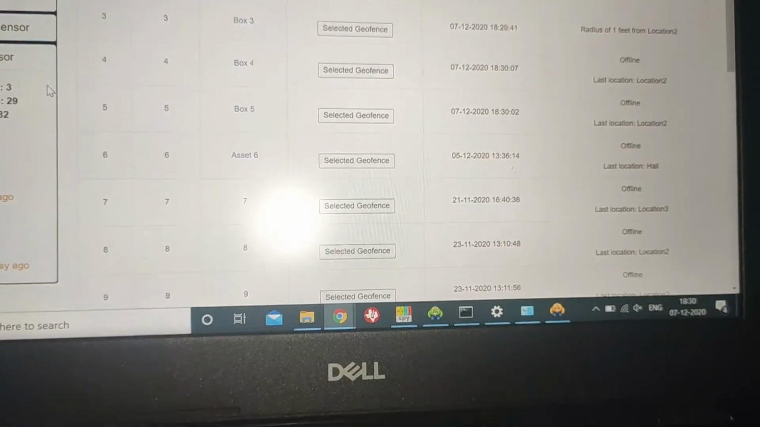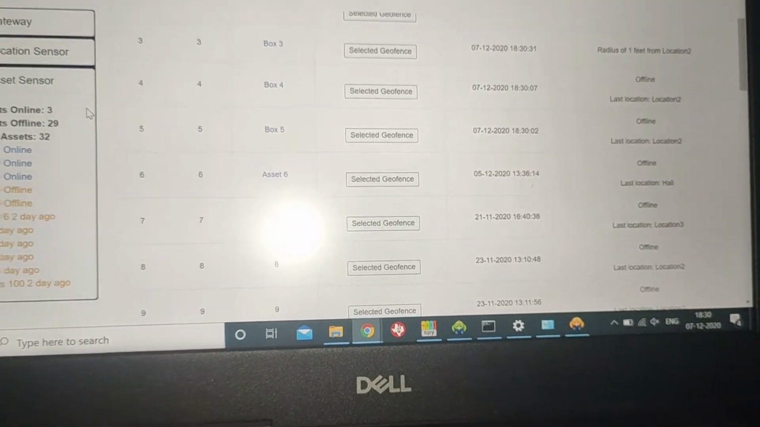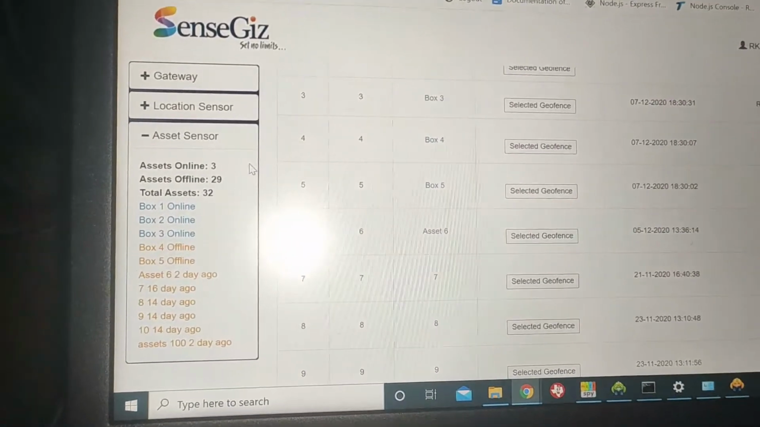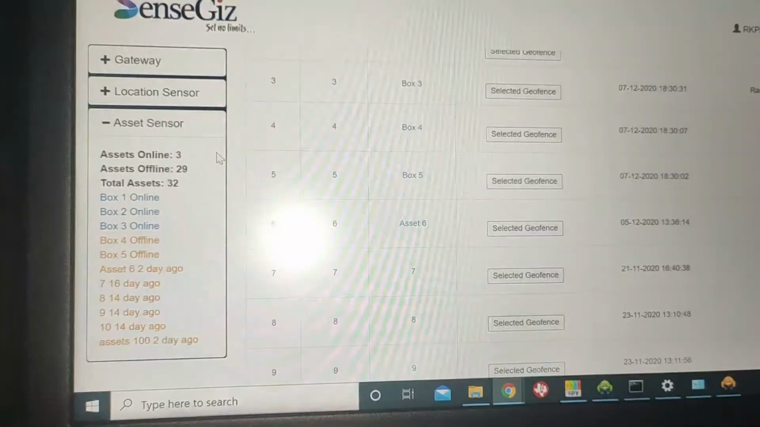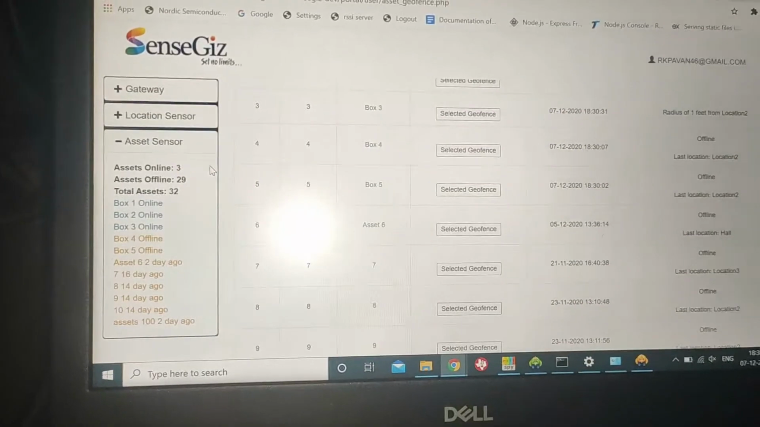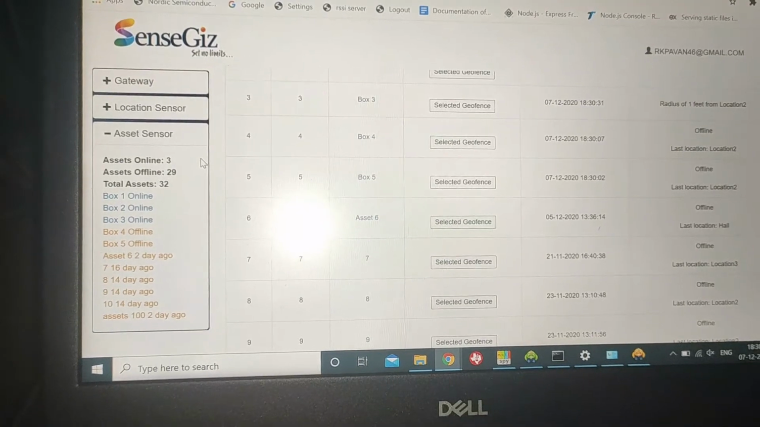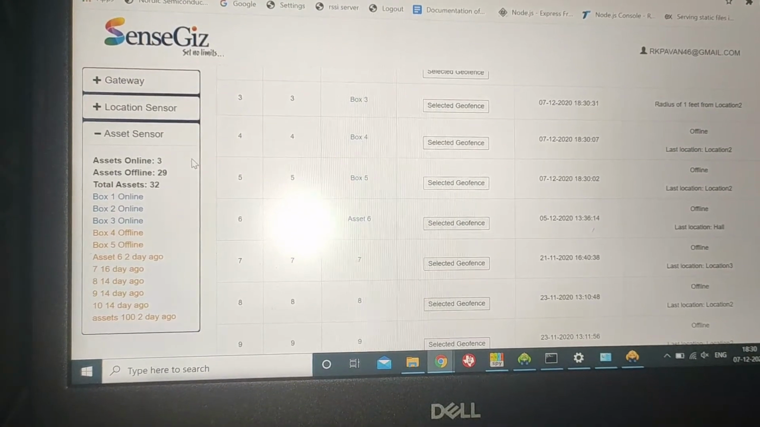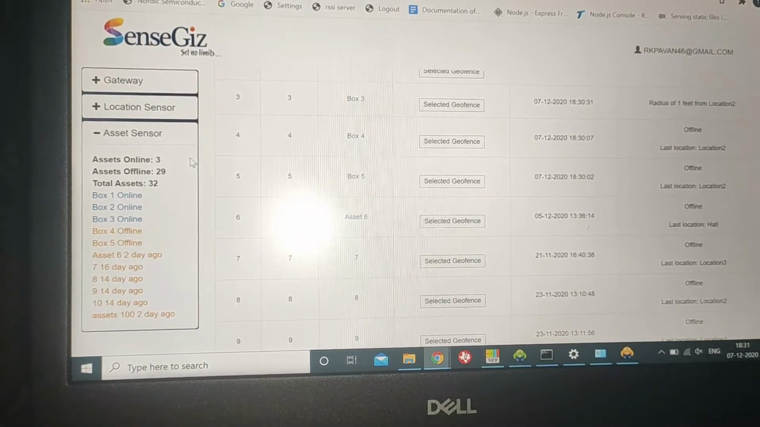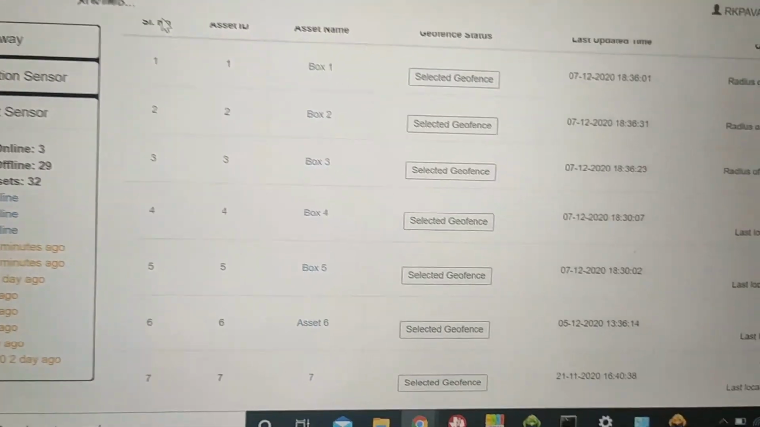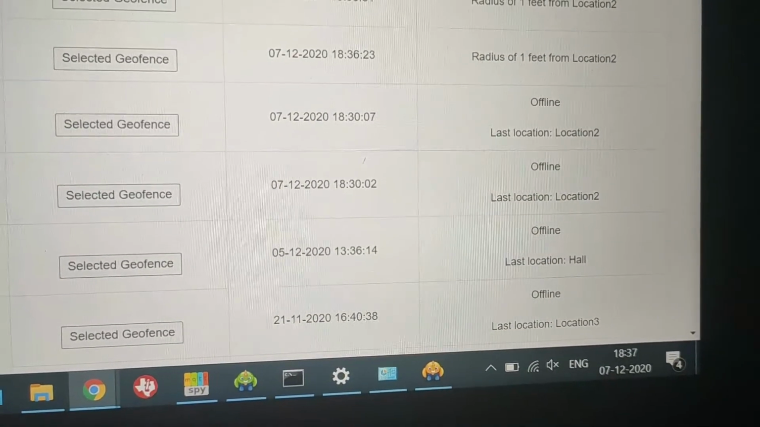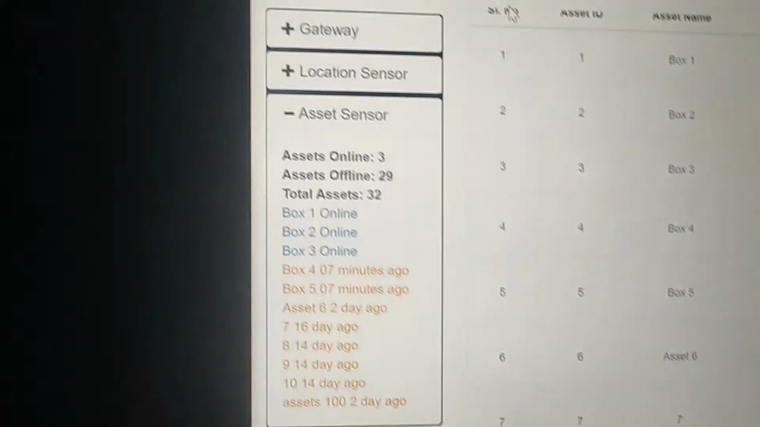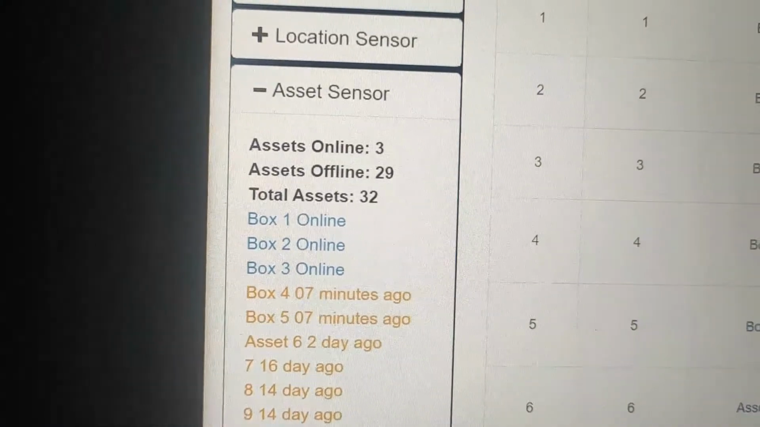Now the time is around 18:30, and it has been 2 minutes now. So now the fines have gone offline in the dashboard. In another 2 minutes we will be getting the email and SMS alert, which I will be showing you. Now the time is around 6:37. Now it is offline almost 7 minutes ago,